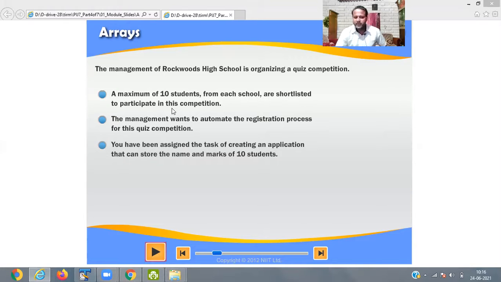The management wants to automate the registration process for the quiz competition. So now you have been assigned the task of creating an application that can store the name and mark of 10 students. Okay, so you have to store the name and mark of 10 students.